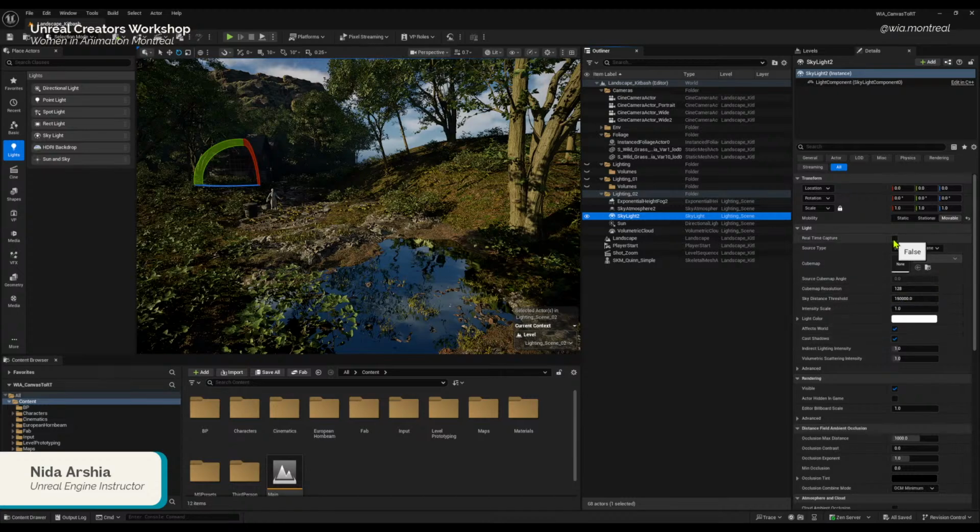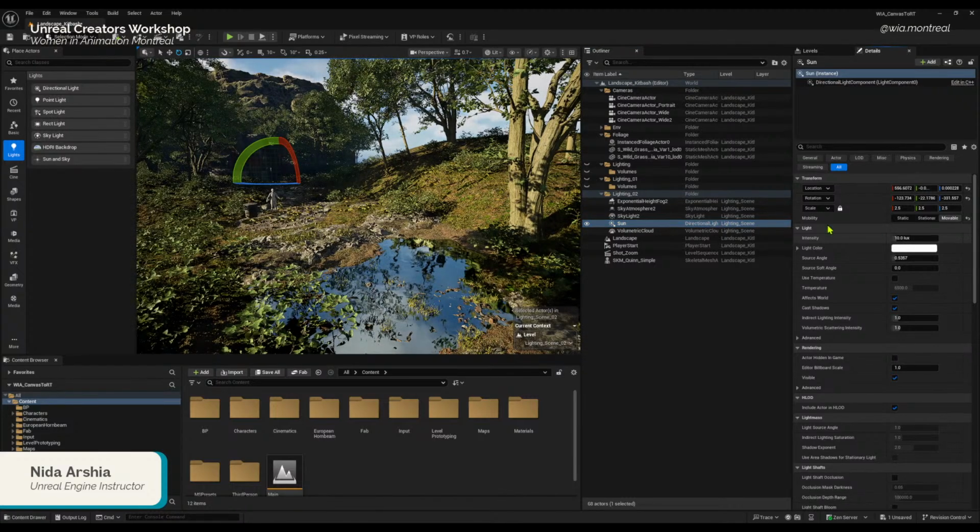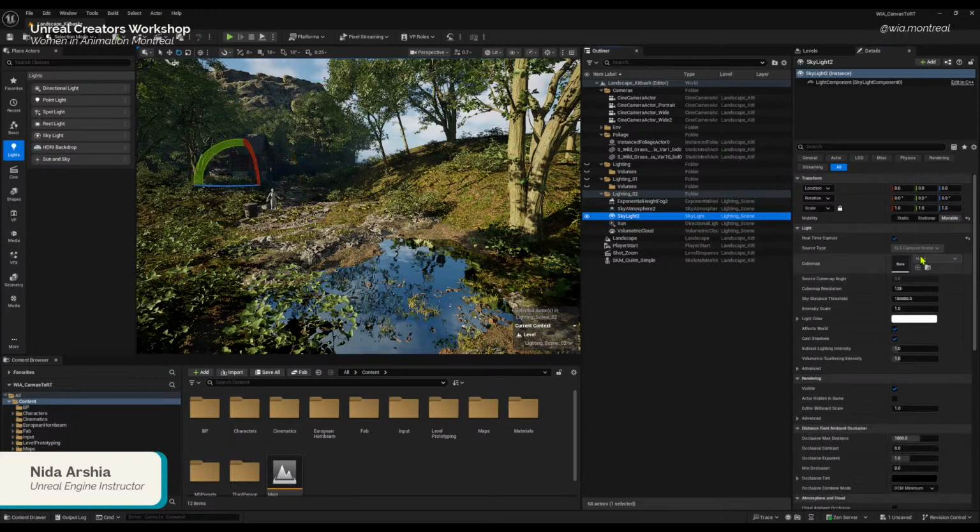After that, I'm going to keep this real-time capture on. Okay, this is really important. I'm going to keep it on, and let's go to the sun settings and let's set it back to the default 10. Okay, so after that, we have